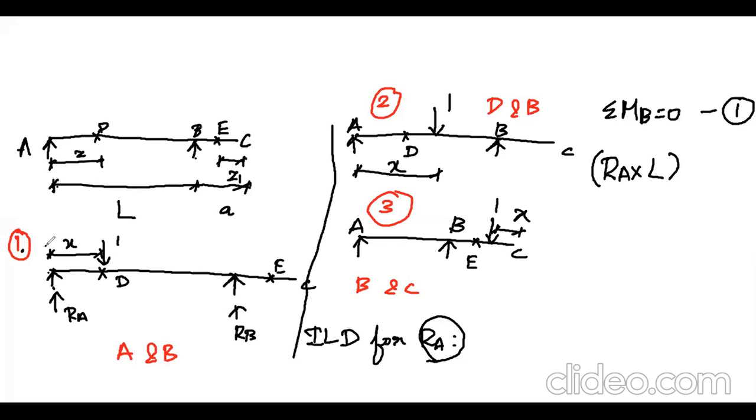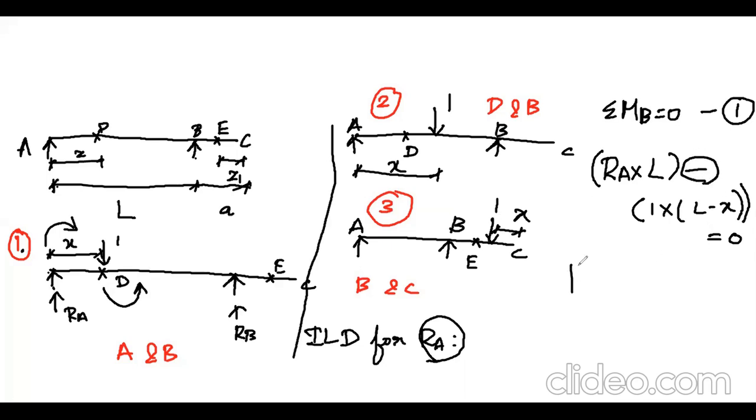Okay, this will act like this. Anti-clockwise means it is positive. Next, minus unit load into its corresponding distance, L minus X, equal to 0. This minus sign is because if the load is acting downwards, it will create a clockwise moment. Okay, this moment on the left of the support means the sign for that is negative. So that only we have marked here the negative sign.